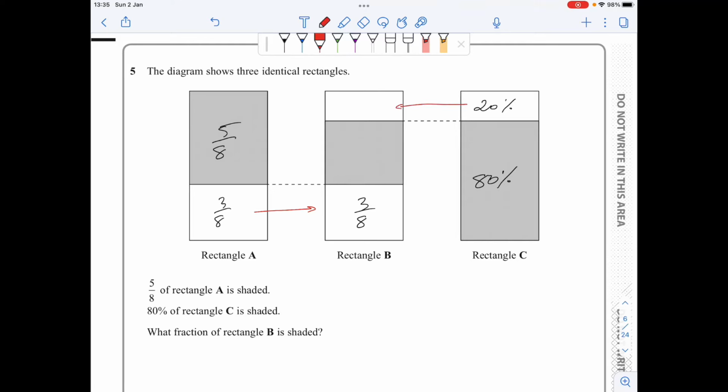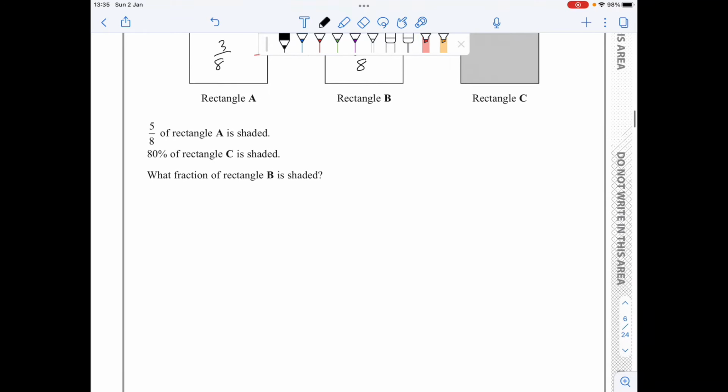Again, copy this one to rectangle B. And I need to know what fraction of rectangle B is shaded. Well, it's the whole thing minus 20% minus 3/8. So let's add